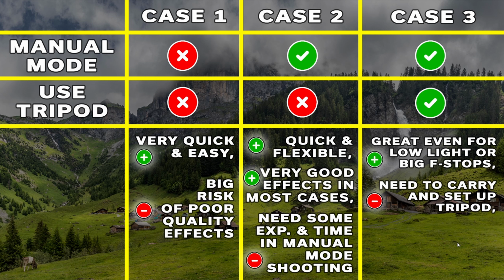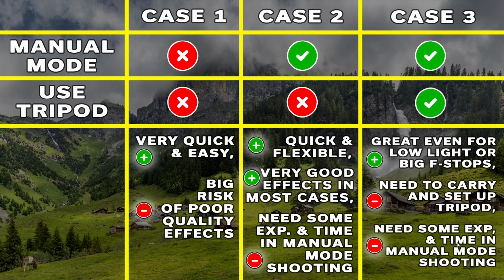The disadvantage is that you need to carry and set up your tripod, so it costs you energy and also some time once you are in the field. Apart from that, the same disadvantage as in case 2. You need to have some experience in manual mode shooting and spend some time in the field to set it up